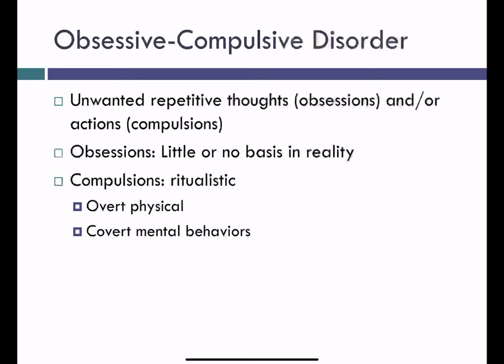Obsessive compulsive disorder involves unwanted and repetitive thoughts, which is the obsessions part, and/or actions, which is the compulsive part. So this can be pursuing cleanliness and orderliness, avoiding particular objects, performing repetitive or magical or protective practices, repeating certain numbers, checking and rechecking whether the oven's on or things like that, or performing a particular act.